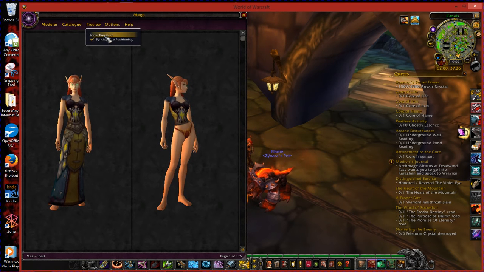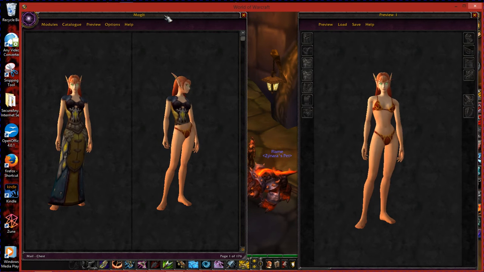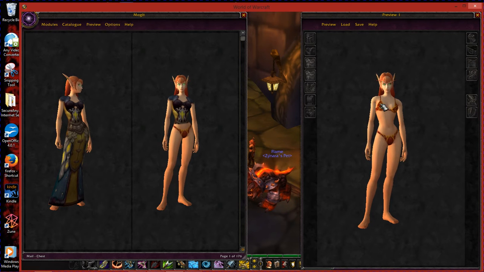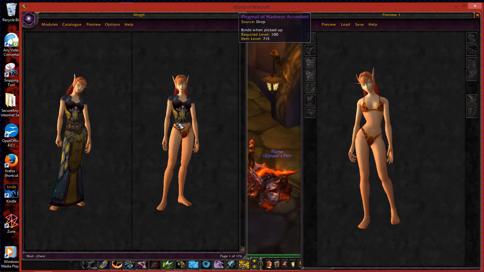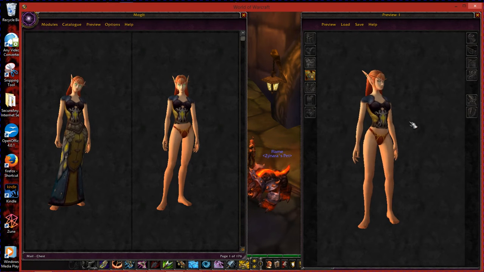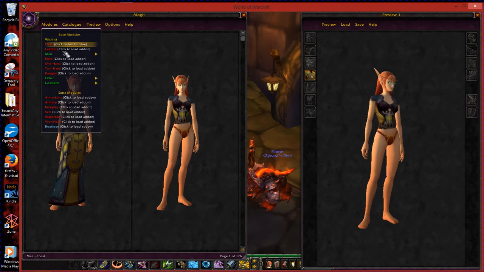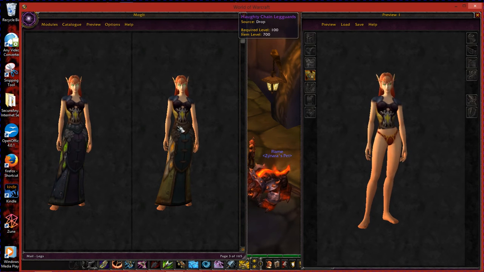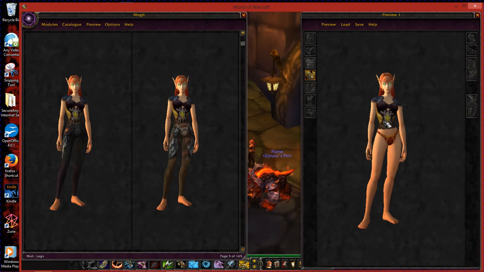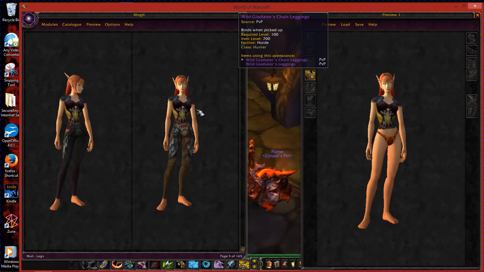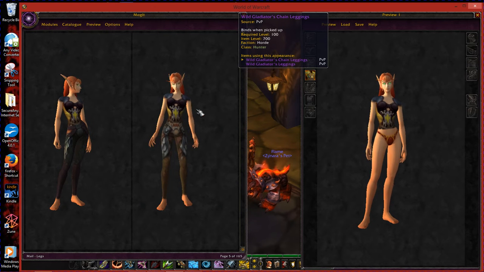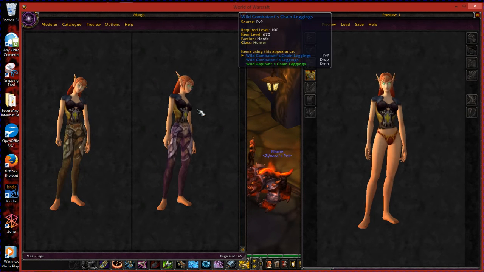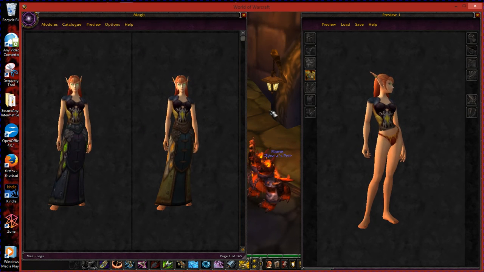Preview opens up another screen, and that is where, as you look at things, you'll choose what to keep, what not to keep, and you'll set preview like so. Hit preview and it moves it over here. That way when you go to the next module, let's say we want to look at legs next, it will continue showing this shirt up top. If you don't have it under preview, you will see nothing there. So go ahead and use preview. It's important so that you can keep track of what you've looked at, what you like, what you don't like.